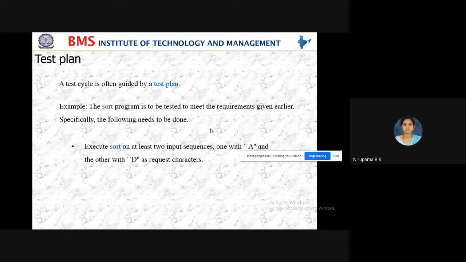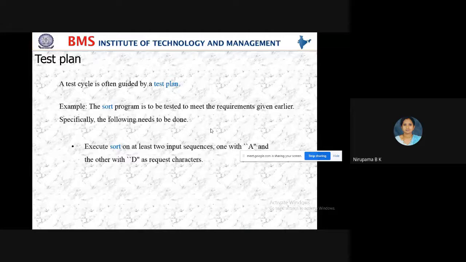Whether it should be in ascending order or descending order. Once the ambiguity is clear, write a program to sort a number in ascending order. So now the ambiguity is clear. The clear problem statement is: you have to write a program to sort a given number in ascending order.